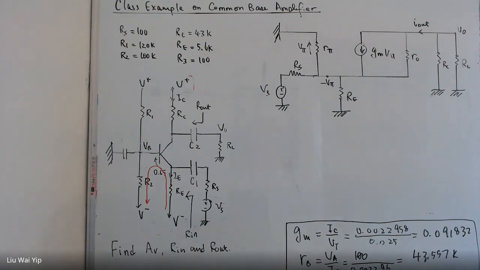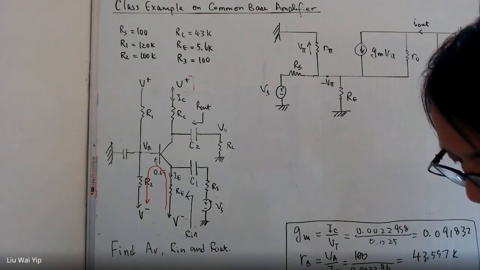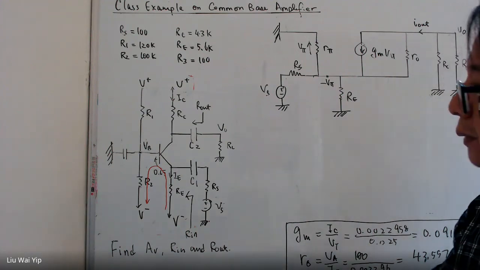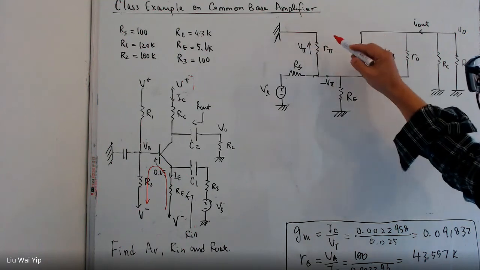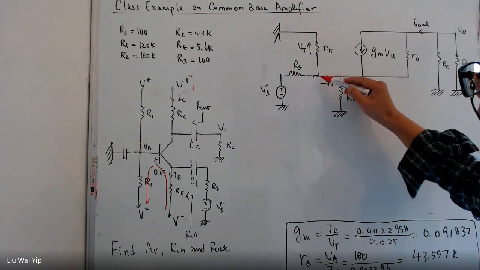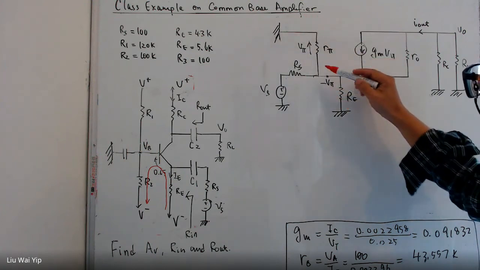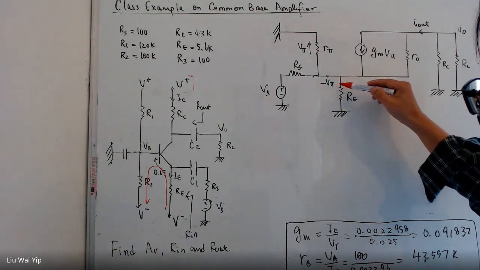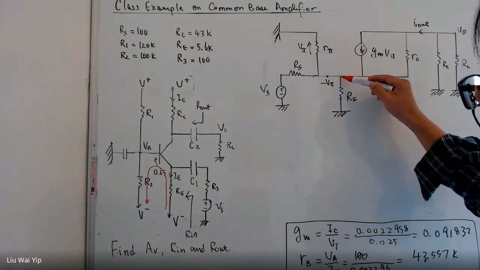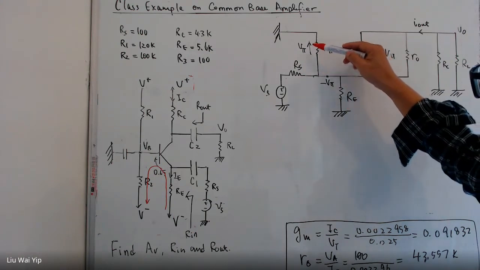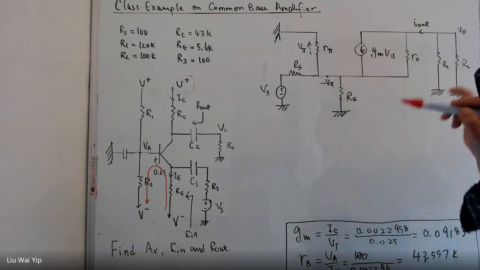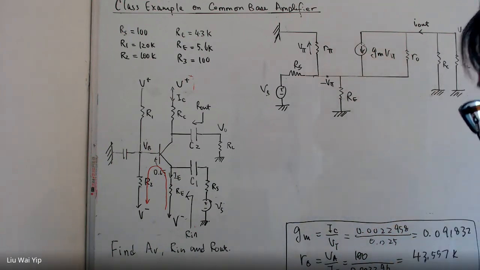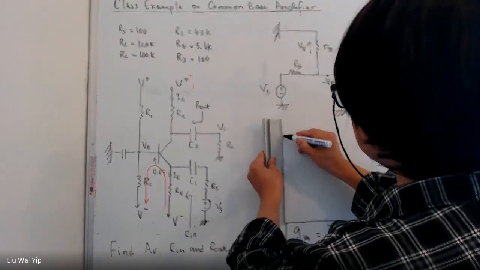To begin with, we need to simplify the circuit. This r_pi is connected from the base to the emitter to the ground, and we have another resistor, RE, which is connected between the emitter and the ground as well. So what we can do is treat them as parallel. They can be shorted together. If I'm going to simplify the circuit, the next thing that I will do is copy